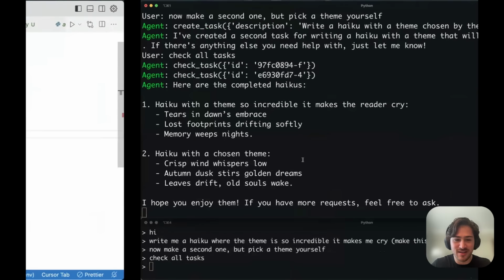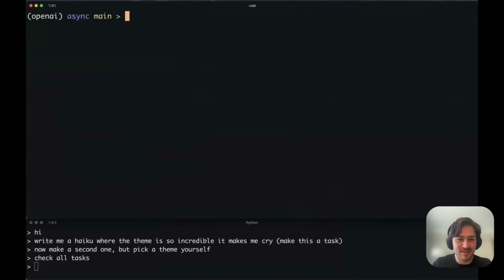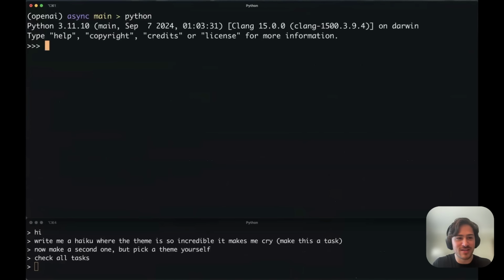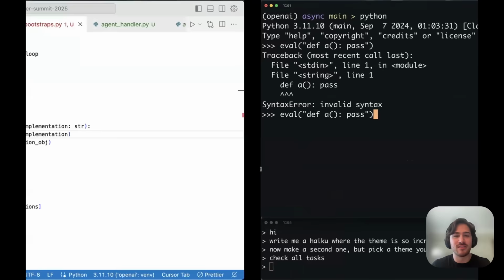And then will this work? Is this how Python works? Okay, so if I have this and I eval like, def a... does anyone, okay. You know what?